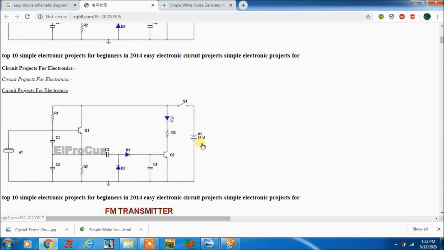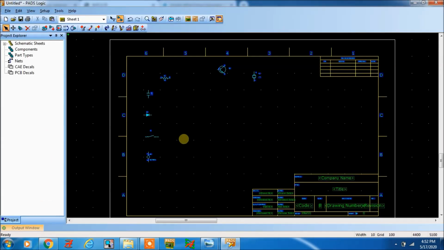So I think I have taken all the components here. Okay, so let's start.